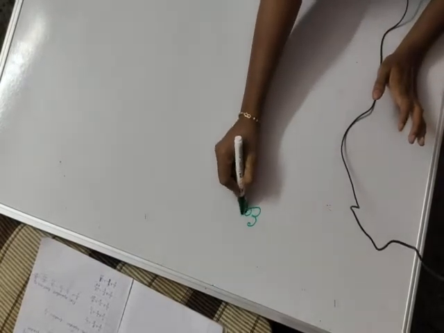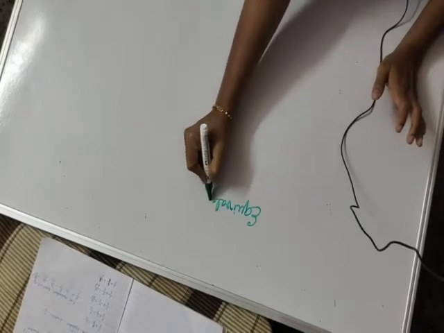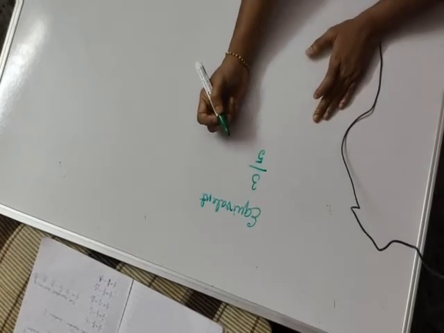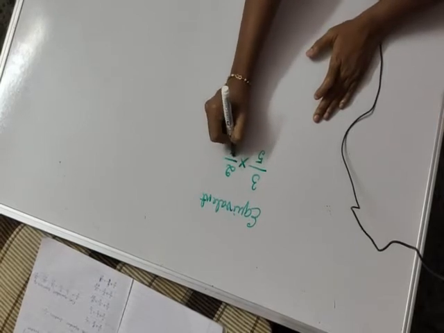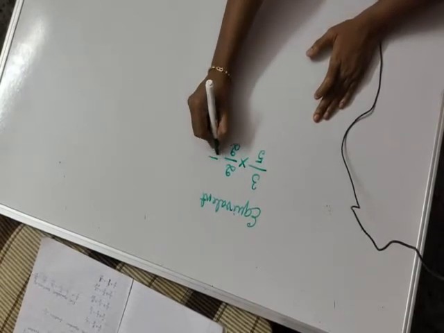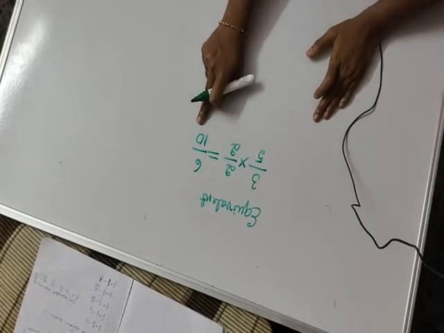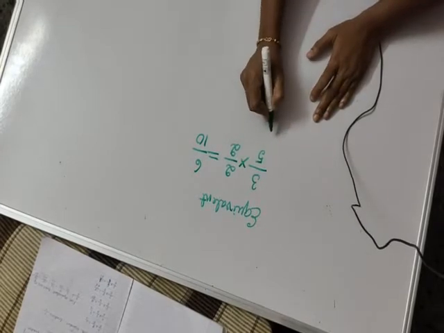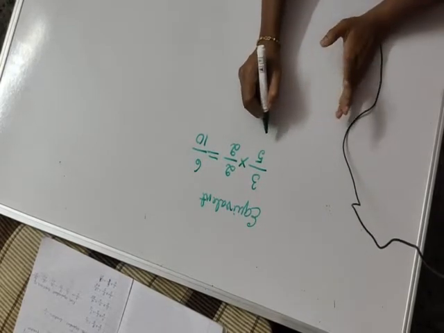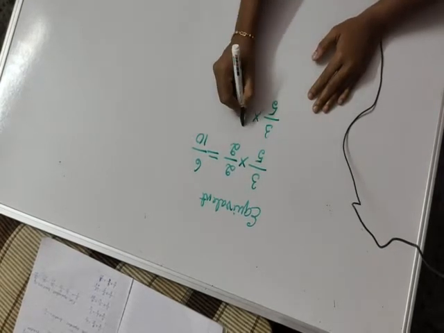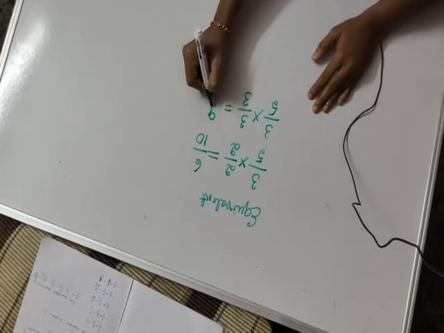Next we will go for the equivalent fraction. This also you have studied. Equivalent fraction means equal fractions. For example, I will take 3 by 5. I must get an equal fraction of this. Any number you take, but the same number you have to multiply for the numerator and the denominator. 3 2s are 6, 5 2s are 10. This is an equivalent fraction of 3 by 5. Sometimes they will ask to find 5 equivalent fractions or 4 equivalent fractions. You have to take the same number for both, any other number here. 3 by 3, 9 by 15.